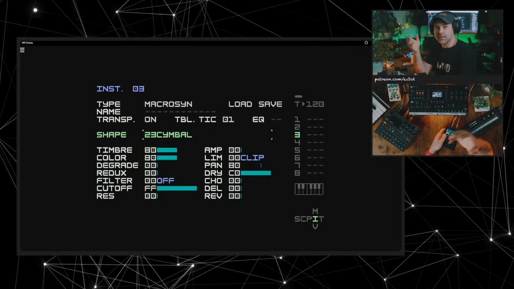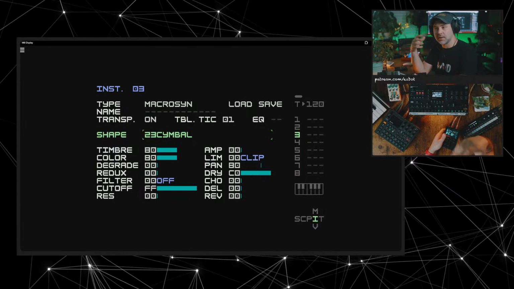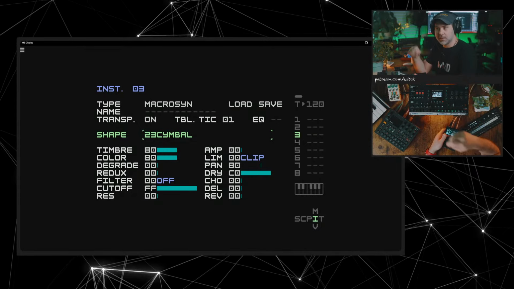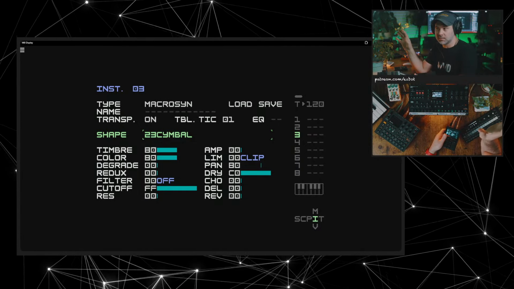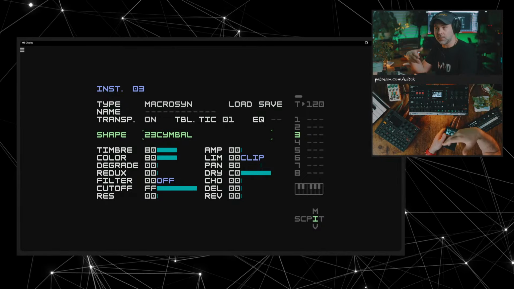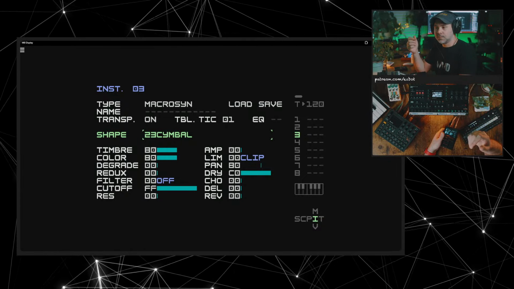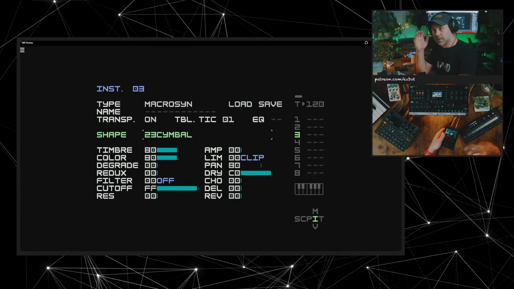But I also like to see what Dirtywave is up to, what Tim is doing. Is there new updates for the tracker? Because often the tracker was just being updated like bam, bam, bam, bam. Then the tracker got to 4.0, and then Tim went off and has been doing other stuff. Recently did another run of M8 trackers. Hopefully you got one. But there hasn't been an update in a while,